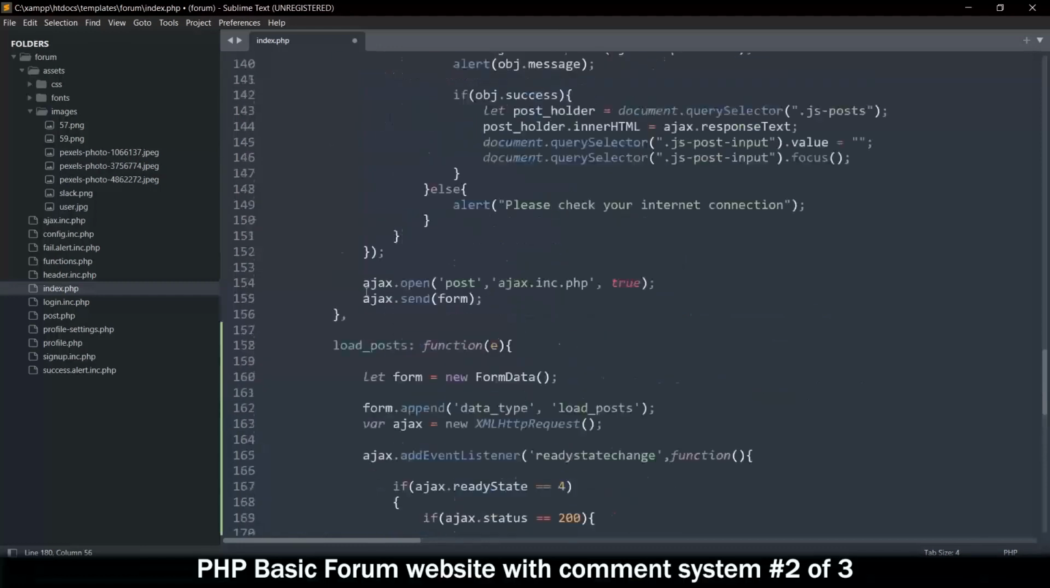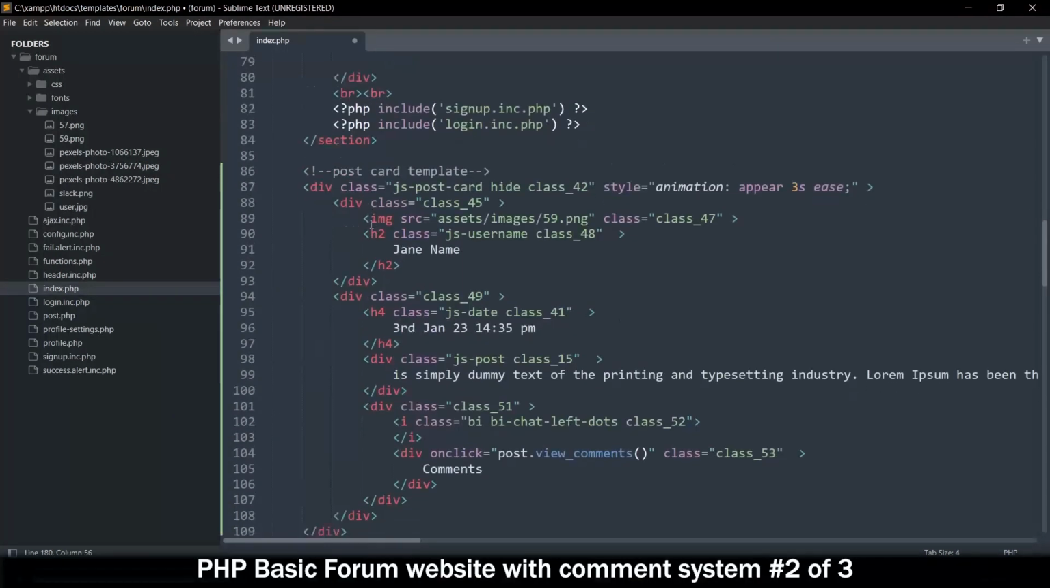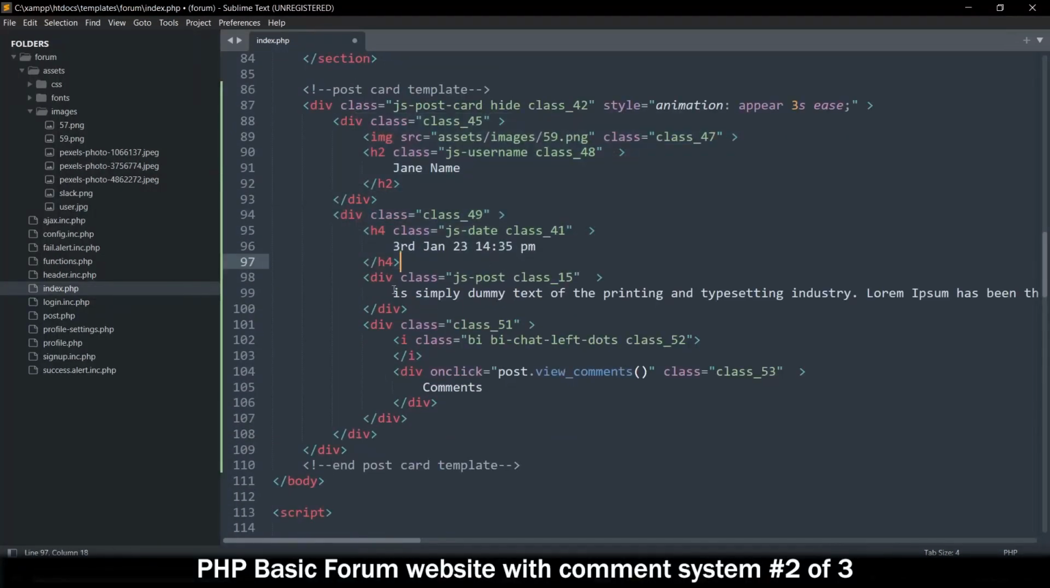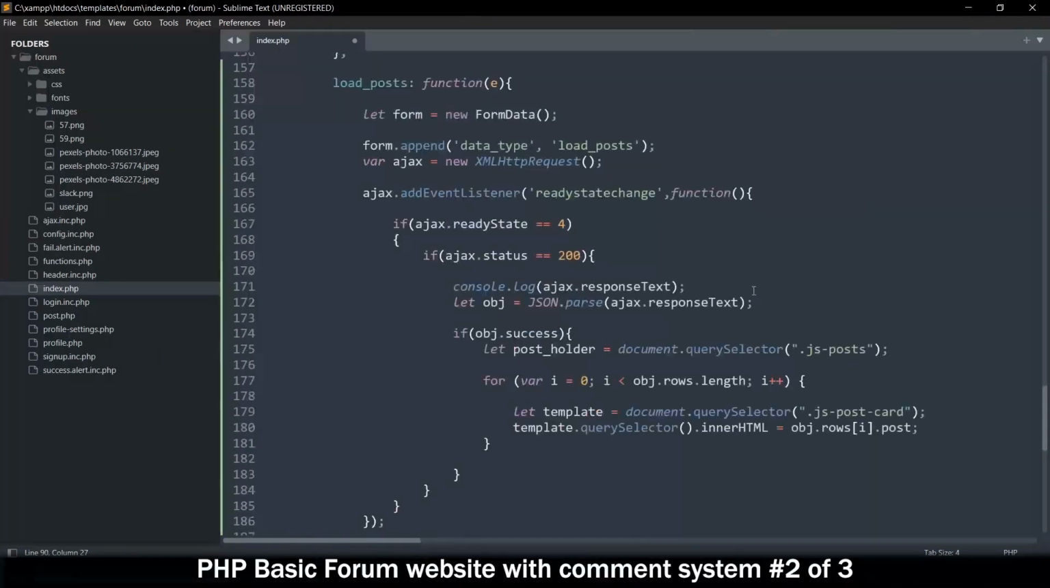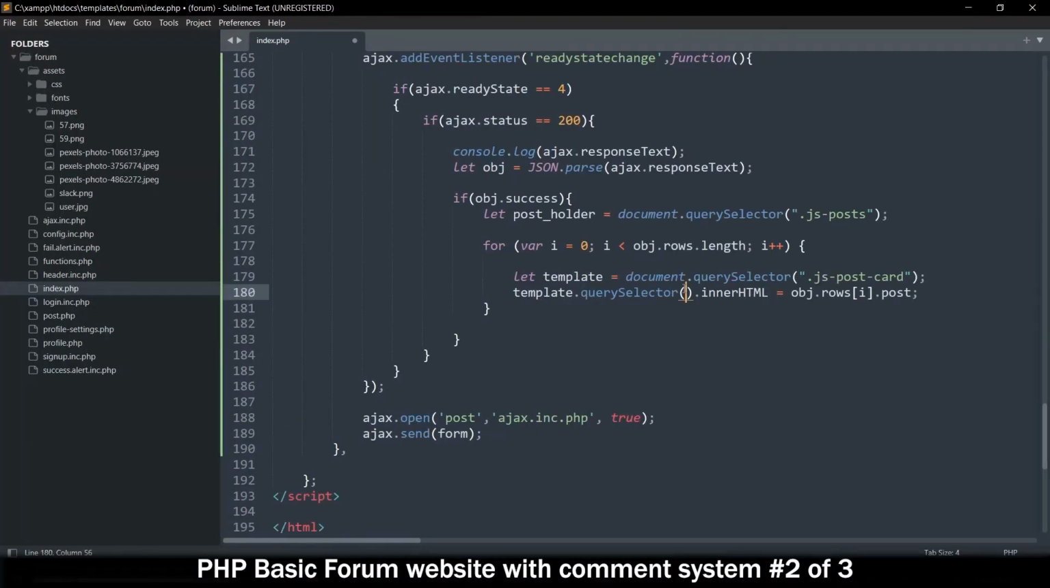So inside the template, this is the template we've grabbed right here. I want to grab this item and then change its content. It's called JS post. I'll change also JS date and JS username. So for now, let me just change one. This one is